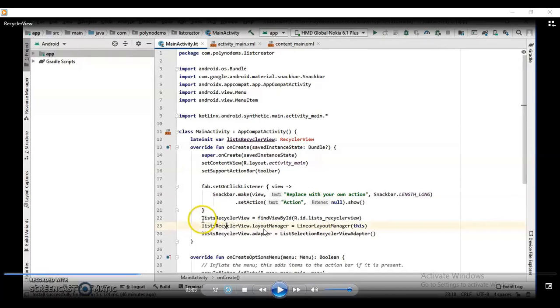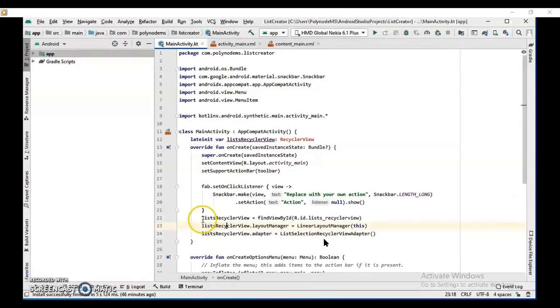And then we have to create the view adapter. Once we have created the layout for displaying the list, we'll call the adapter. We'll be sending a request to the adapter to display the various list items in the recycler view, through the different view holders.